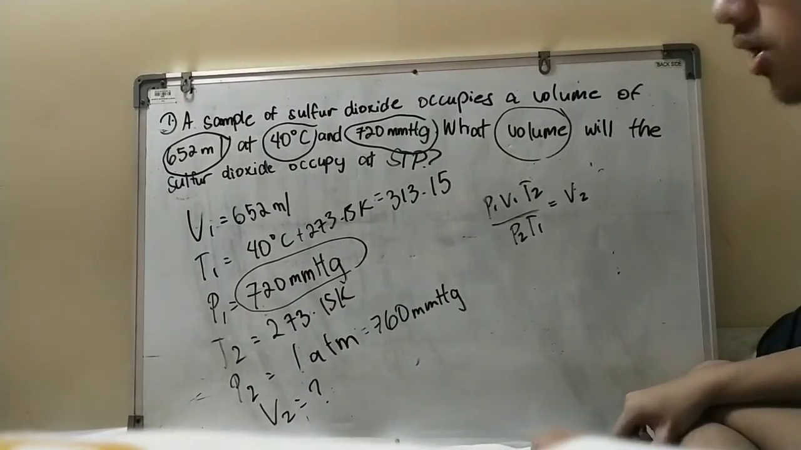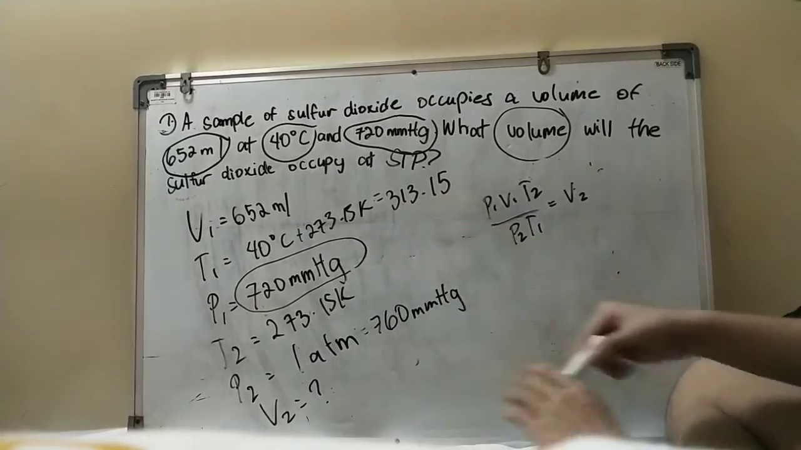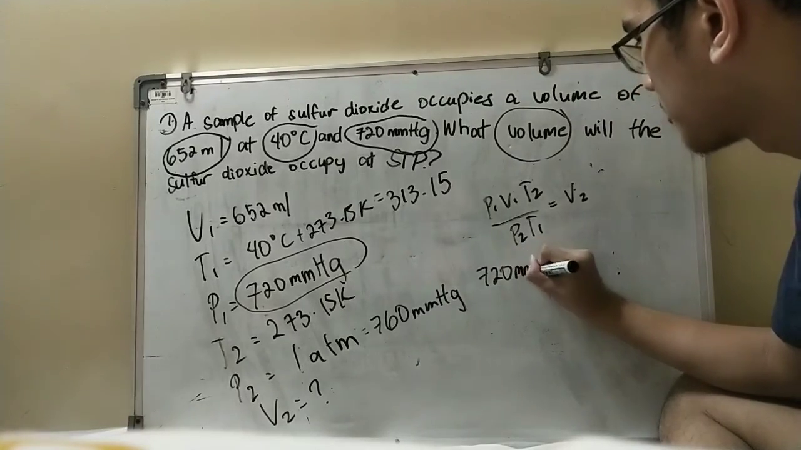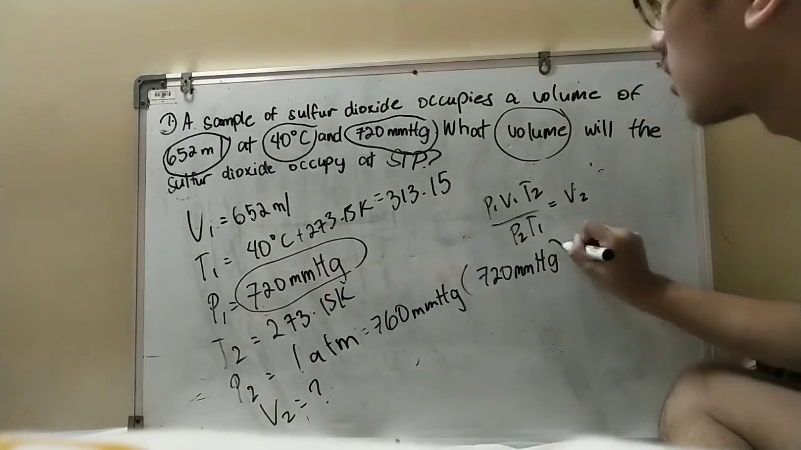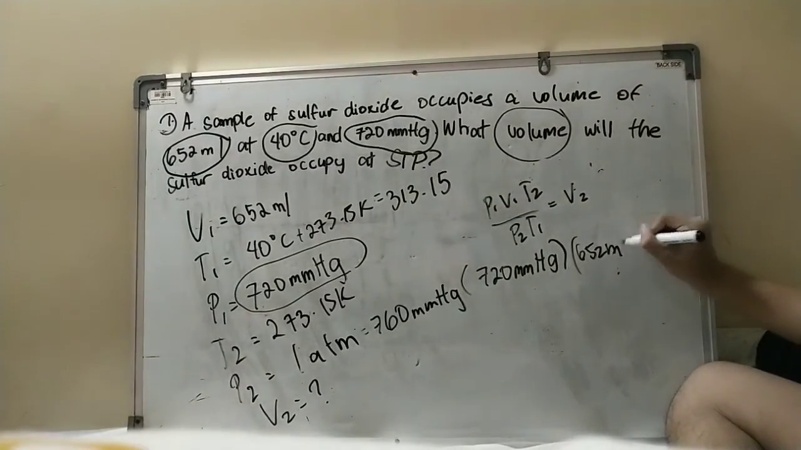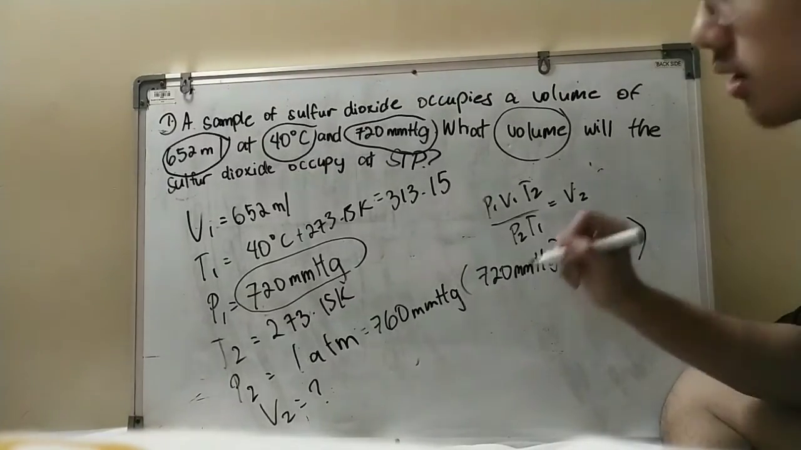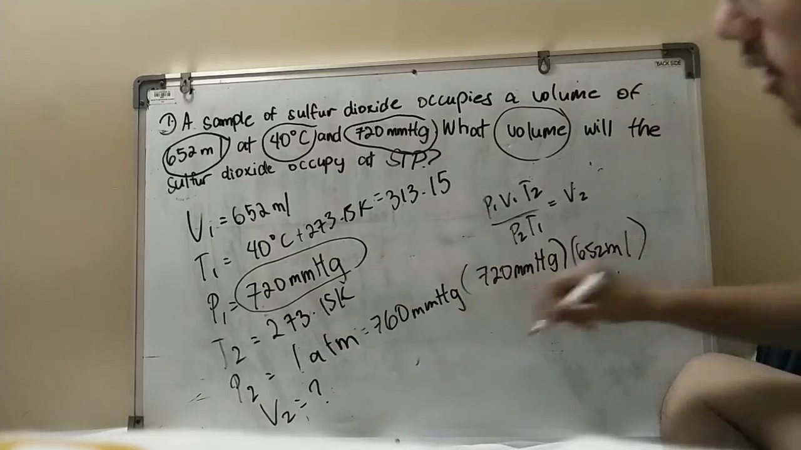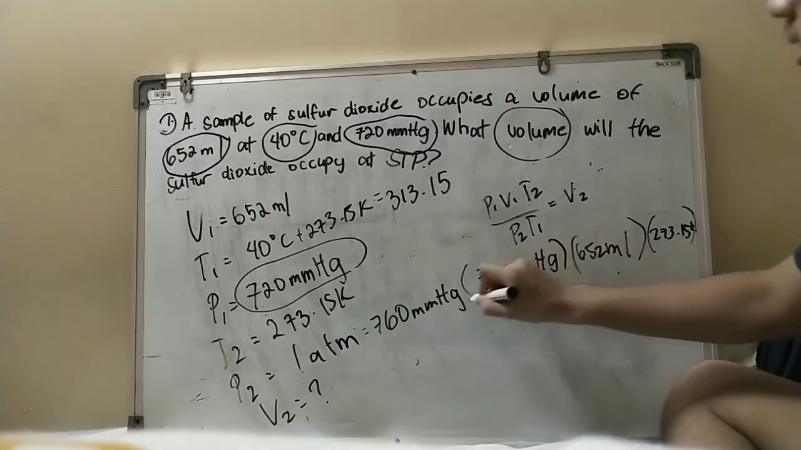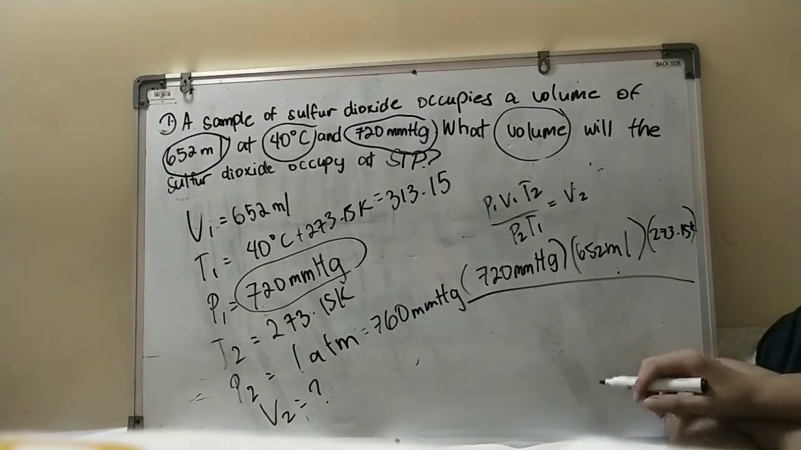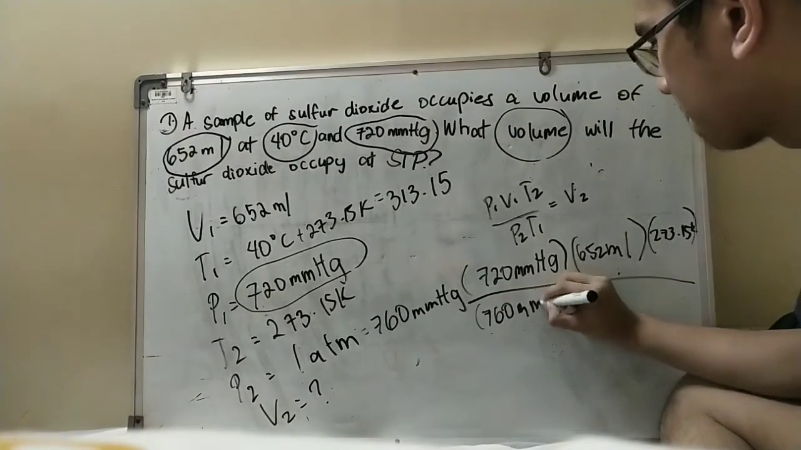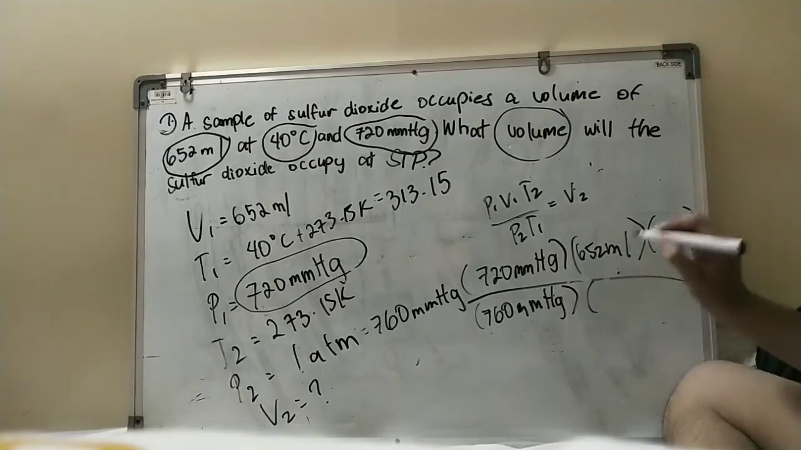Now, in order to get the solution, we just need to replace these with the values we have got. So our P1 is 720 mmHg. Our V1 is 652 ml. And our temperature 2 or T2 is 273.15 Kelvin. Then our P2 is 760 mmHg. And our T1 is